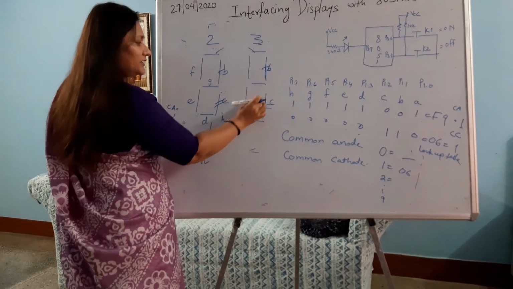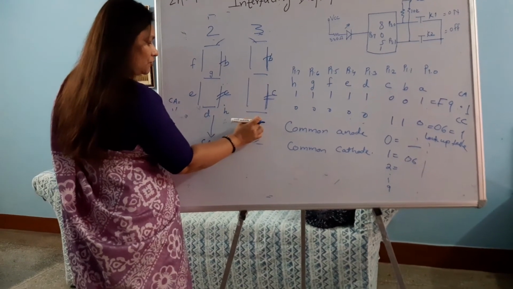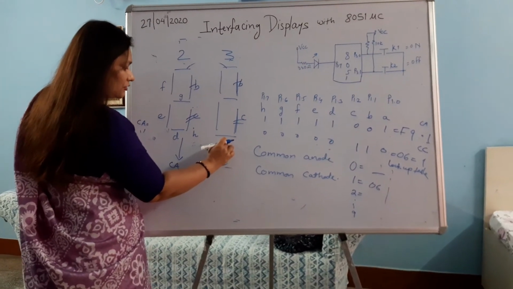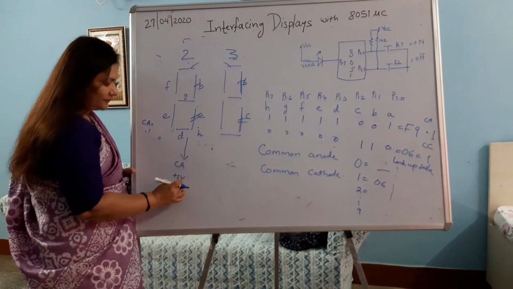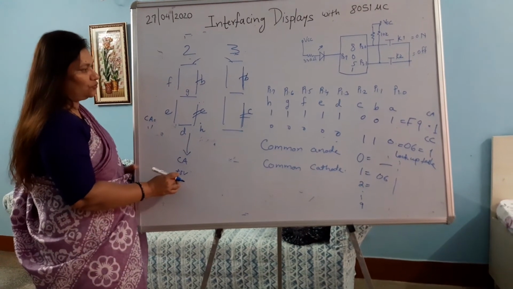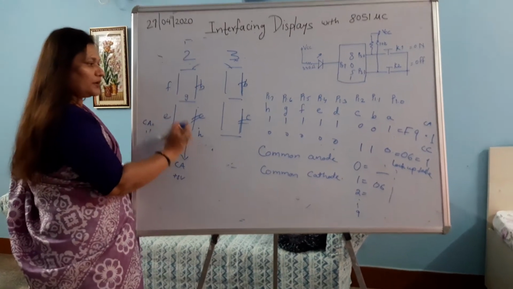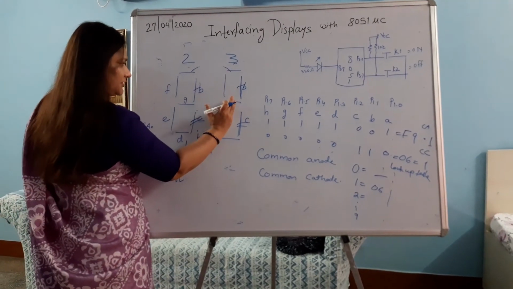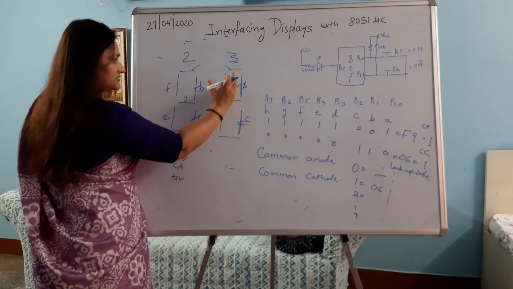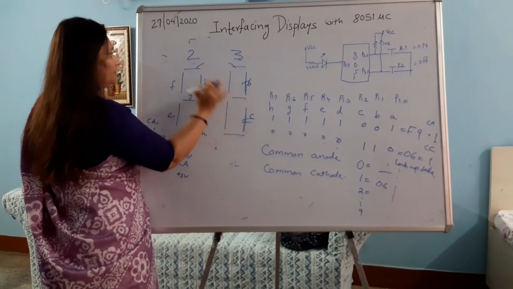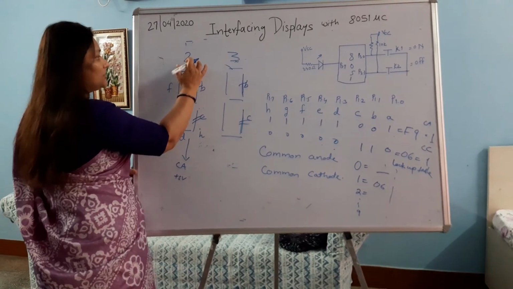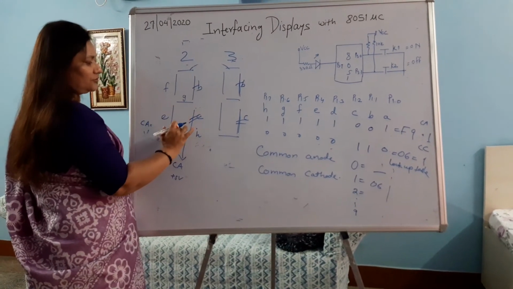But here it will not glow. Why will it not glow? Because this common anode is not getting plus 5 volt supply. The plus 5 volt supply is available only to the first display. So whether the pattern is available on this particular display, this is not going to glow, because it is not getting common anode supply. Because this is getting common anode supply, 2 will be glowing on this particular display.